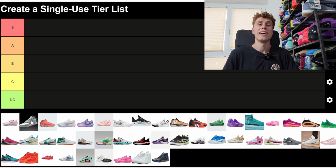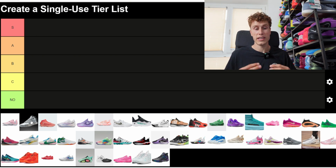Today we're going to go through a tier list of all the shoes I've tested so far this year. Obviously, as you can see, we've got the tier maker open. I'd say let's get straight into it because we've got, I think, 46 shoes which I've tested. Of course, this is also my personal opinion, so you might disagree with some takes I have here on my